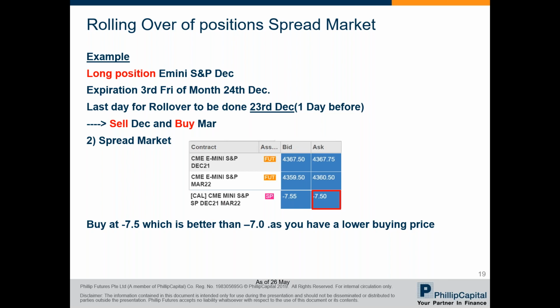Since buying price will be relatively lower to the selling price, you can queue for even a wider spread by queuing it as a limit order for minus 7.5 and above. If the spread widens, it will execute both trades at the same time. It will sell the December contract and buy the March contract for you. Please note that you'll not be able to determine the actual price which it will buy for you or sell for you, but it will be simply the price difference that you are determining for the buying and selling price.